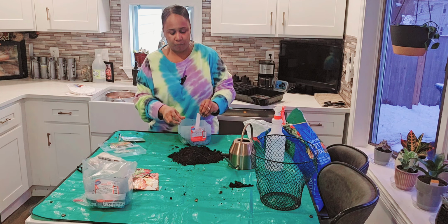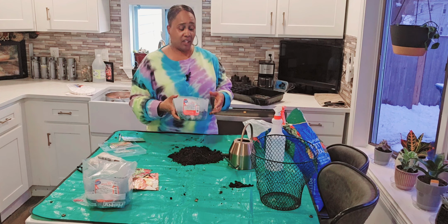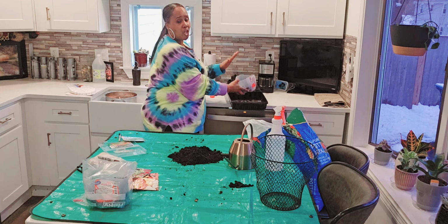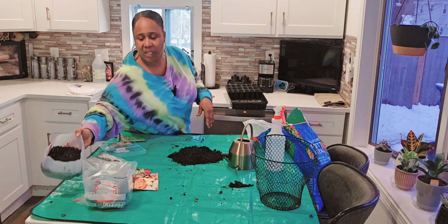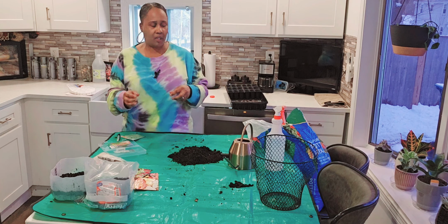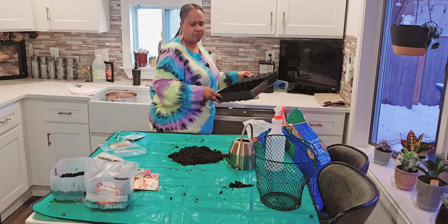Put our tag in. And then we have our onions. And this can sit here with the humidity dome on top, so I don't need to put that in the plastic bag. Perfect. So what do we have next? We have rosemary. And we have,